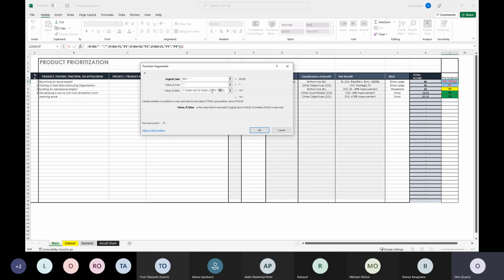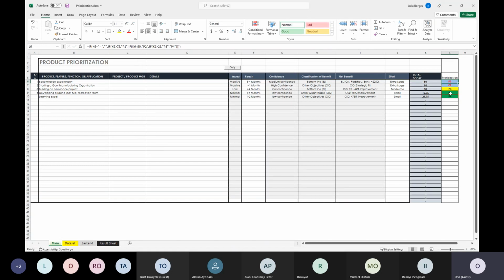So anything less than 25 is automatically going to be a P4. In this scenario, the total for K6 was 80, and so we have a prioritization of P1. So that's why we have a P1 here. But in this scenario, because this is less than 25, defined in the formula here, once K10 is less than 25, we have it as a P4.